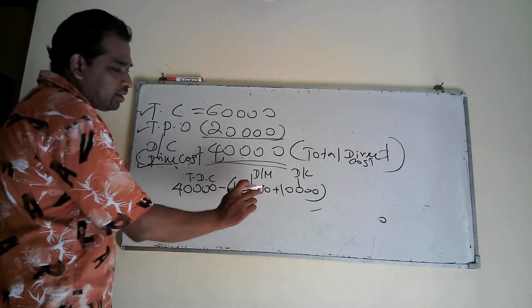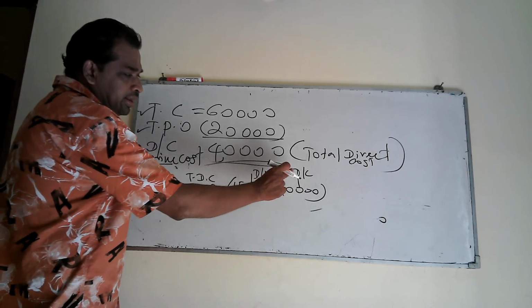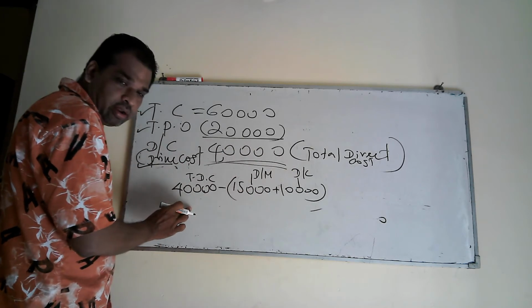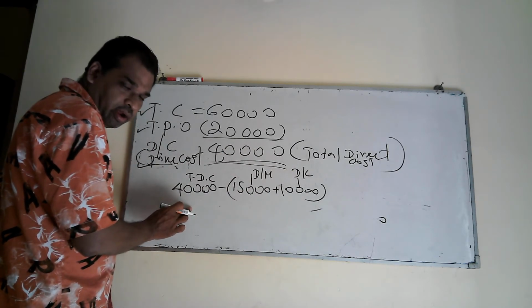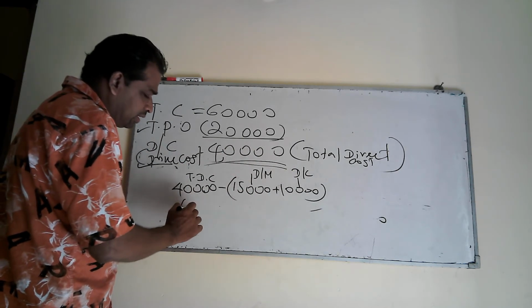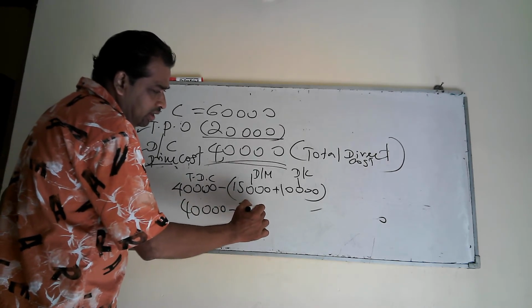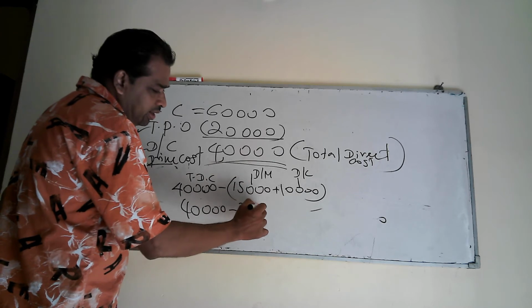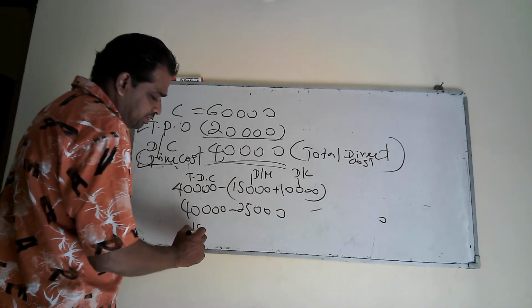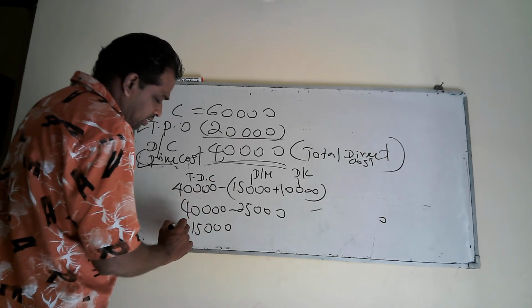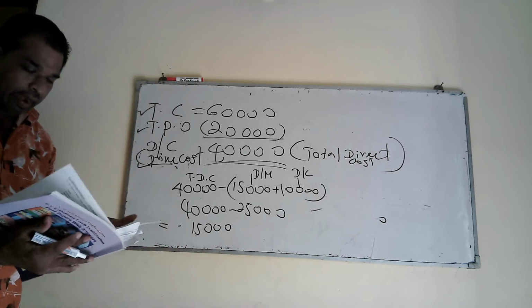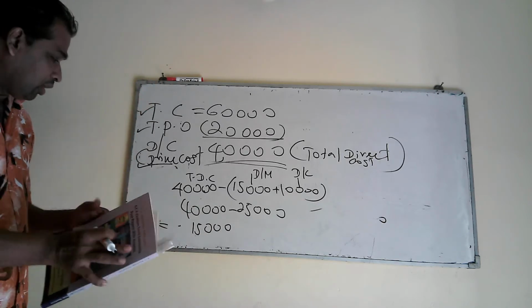That's why we deduct the total of direct material and direct labor from the total direct cost. Then your answer will be 40,000 minus 25,000, answer 15,000. That is the answer for part 2, that is direct labor cost, which is